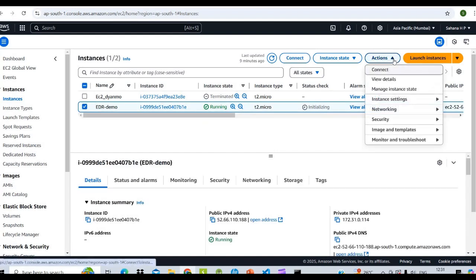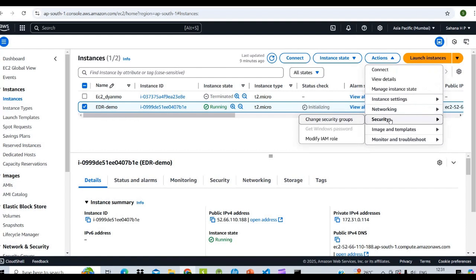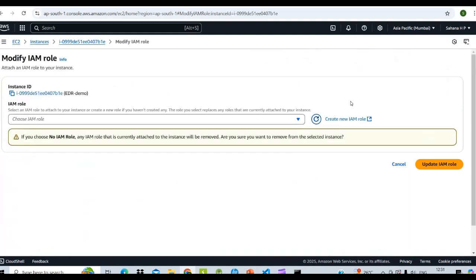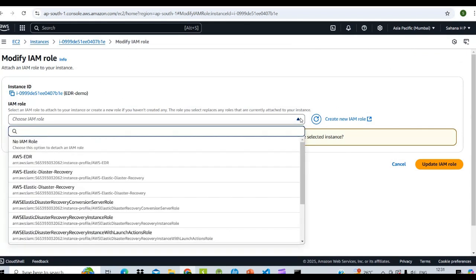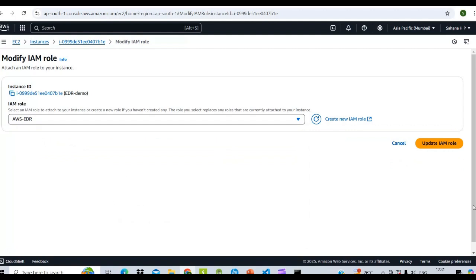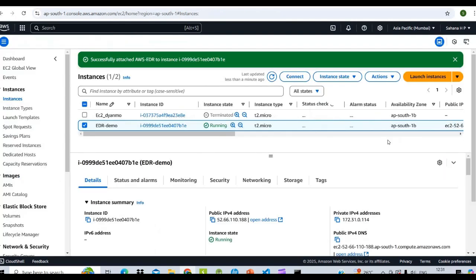Click on actions, go to security, modify IAM role. Select the role you created, that is AWS EDR. Click on update IAM role. Here we can see it successfully attached the AWS EDR role to the instance.